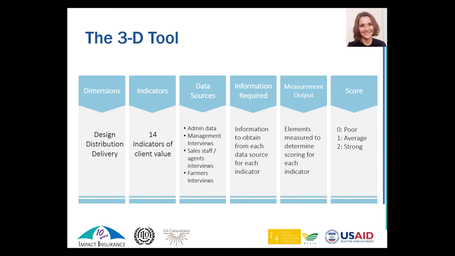So as Tara and Pranav mentioned earlier, being able to measure the value that a product brings to the end client is very important. It's important to ensure that products can be sustainable and scale. And it's also essential to ensure that at a minimum, the products that reach the market do not harm farmers. But of course, the question is how. How do you conduct this assessment? How do you measure, and how do you bring objectivity and consistency in a concept that is as broad and as complex as client value?